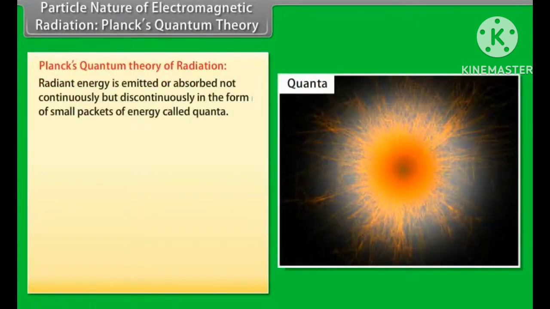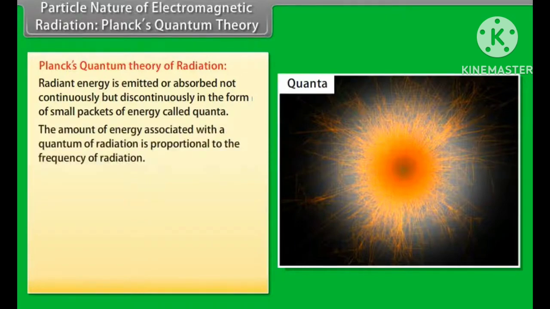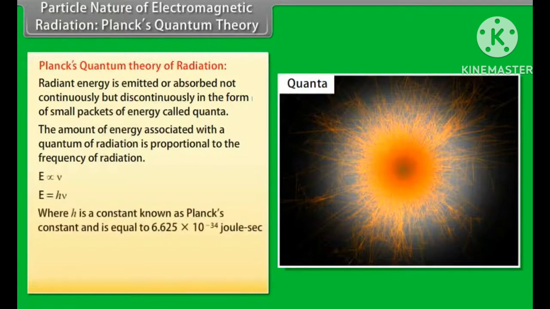Particle nature of electromagnetic radiation. Planck's quantum theory. Planck's quantum theory of radiation. Radiant energy is emitted or absorbed not continuously but discontinuously in the form of small packets of energy called quanta. The amount of energy associated with a quantum of radiation is proportional to the frequency of radiation, where h is